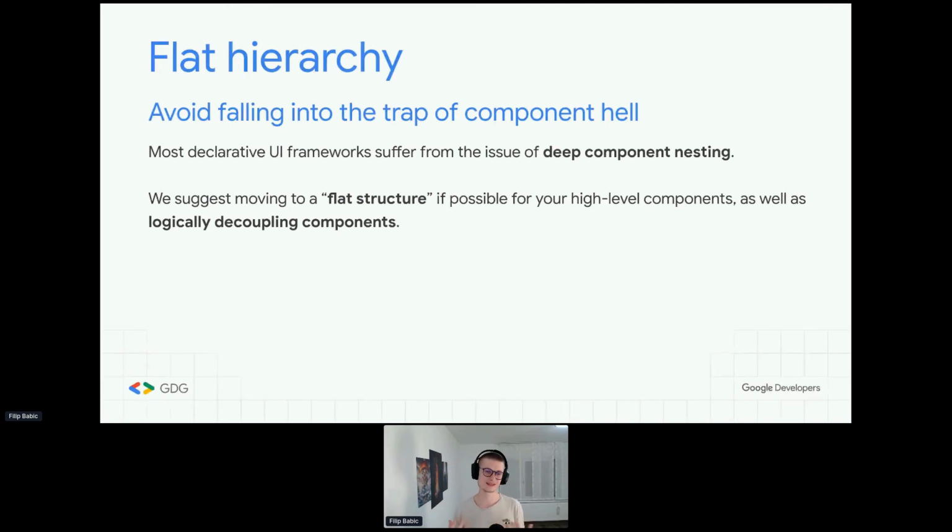But what I'd suggest is to move to a more flat structure in Compose, and logically decouple these components so that you know which components are used for the messages list, for showing overlays to the user, for showing more information, such as pop-ups or dialogues, and so on. Once you get this flat structure, which I'll show in a moment, think about what information you need for each of those components, and try to make the information available in a flat or horizontal structure, instead of having deep nesting where you have to send everything to every single component.